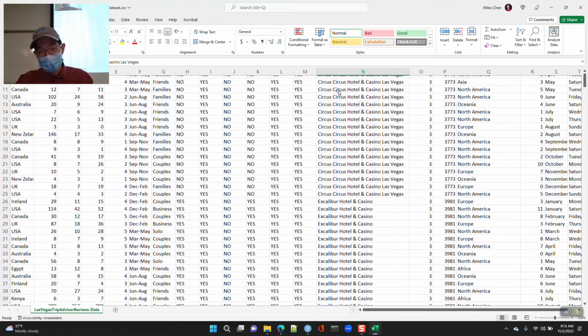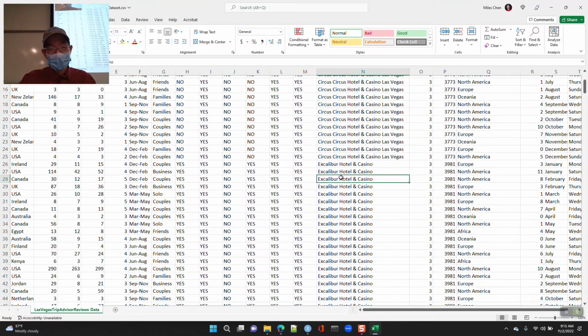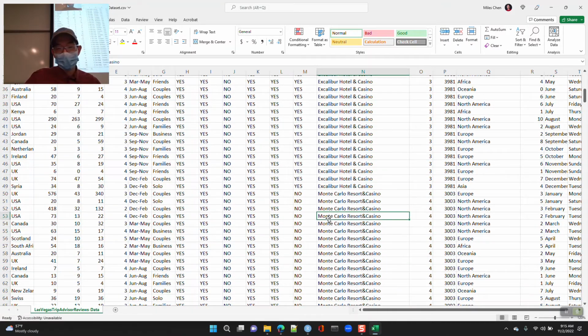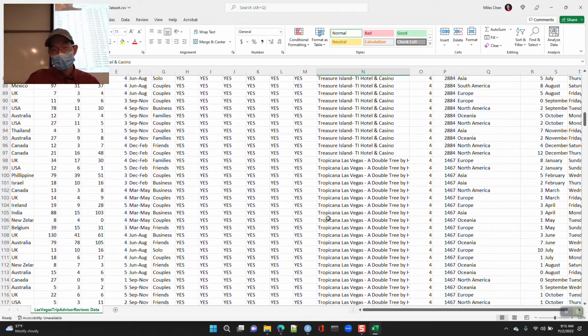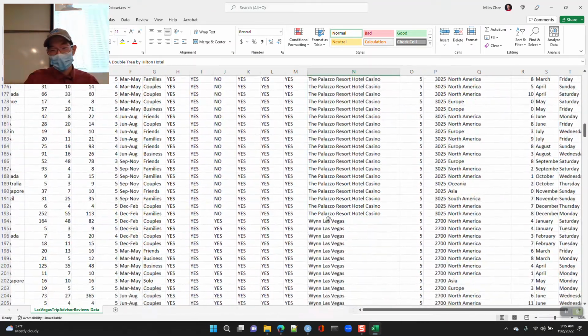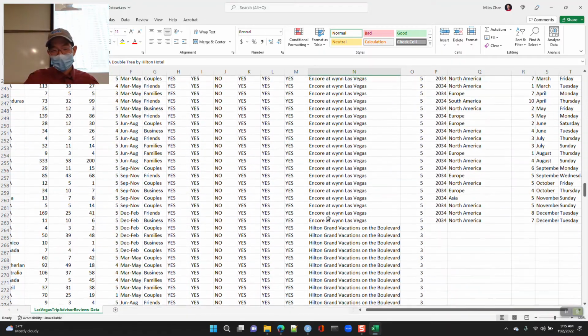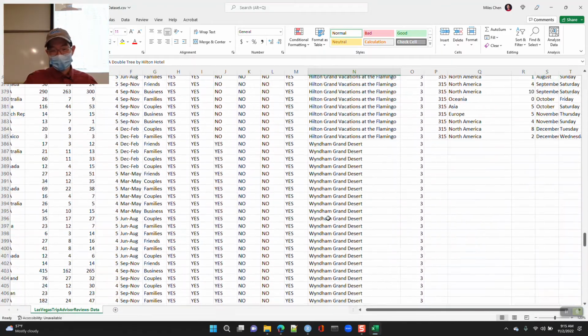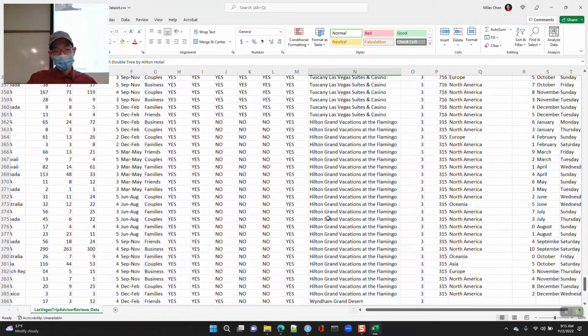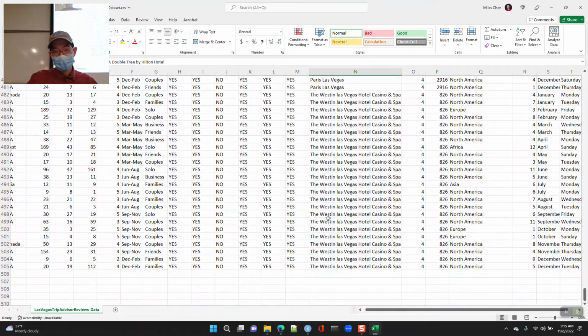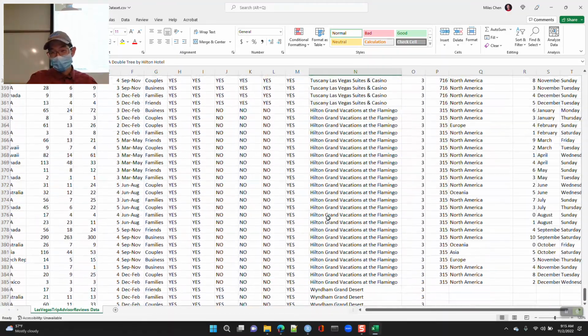There's the Circus Hotel and Casino, the Excalibur Hotel and Casino, the Monte Carlo Resort and Casino, Treasure Island Hotel and Casino, Tropicana, and I don't know, they're always building new hotels and tearing down hotels, I think. So they picked a handful of these,